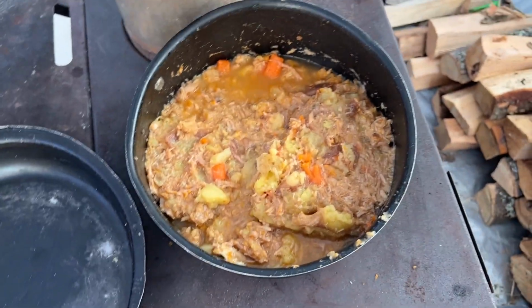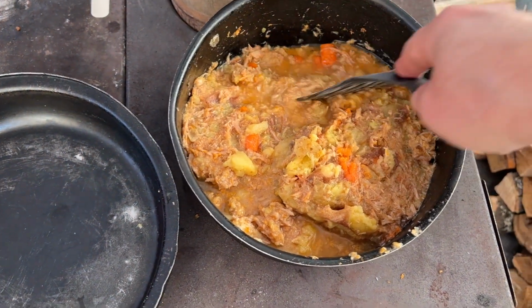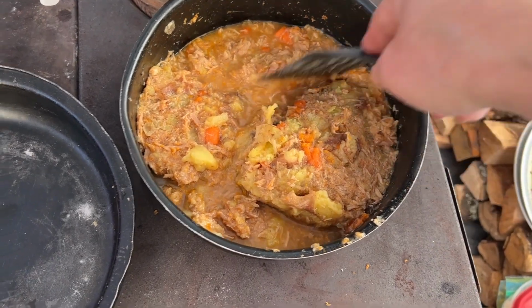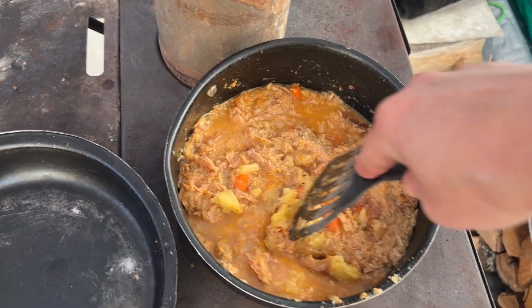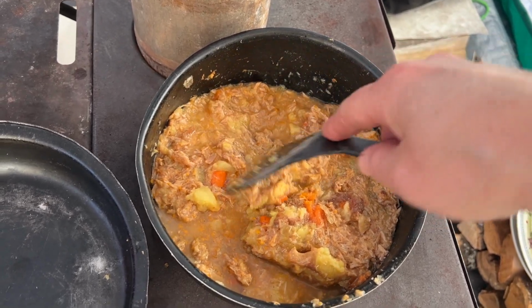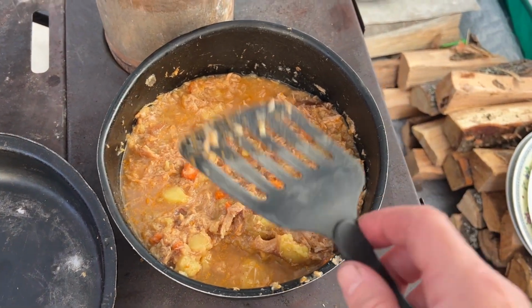Here is my homemade pork roast stew. It's got some little potatoes in it, some carrots, my world famous gravy. It's pretty spectacular. If you've had it, you know. And I took a portion of this to Daisy Lake in Algonquin and had it on the fire. If you saw that video, that's this roast. It was split into a bunch of